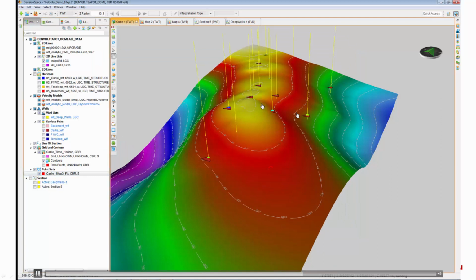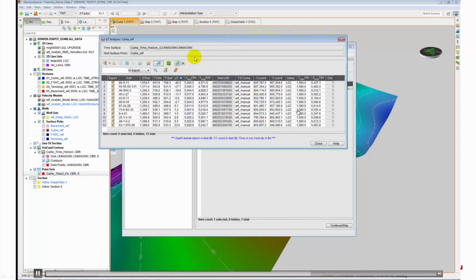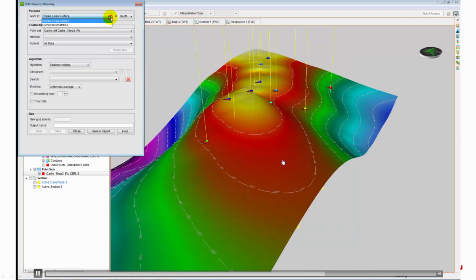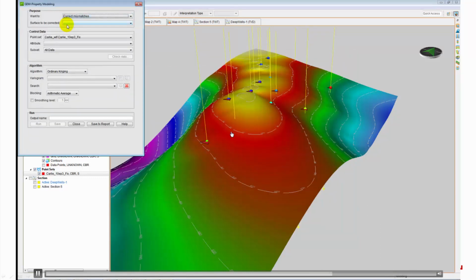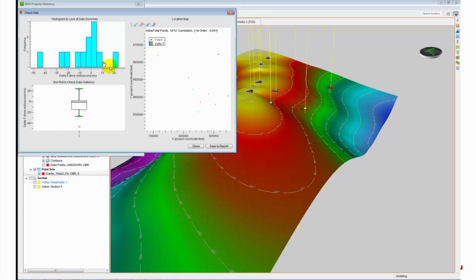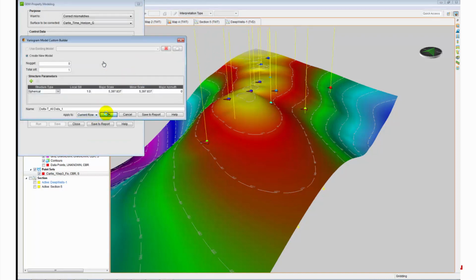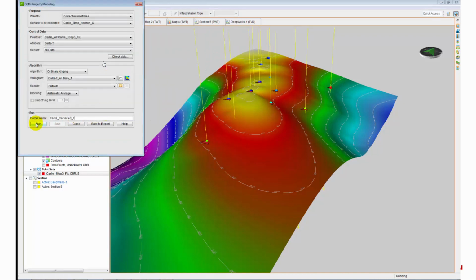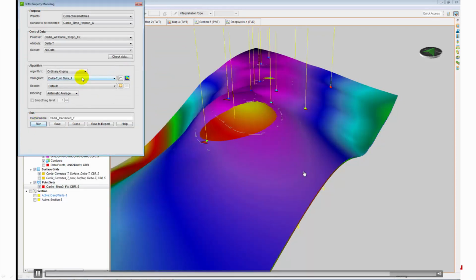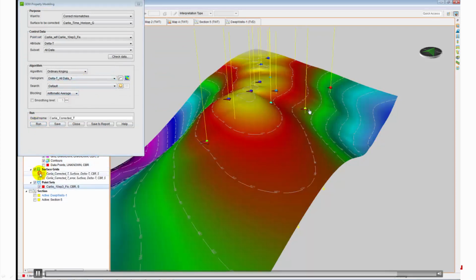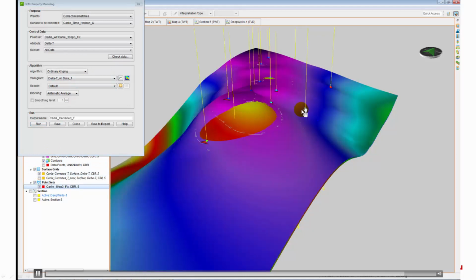And I can display that point set in my same view here. And now what I want to do is I want to snap my original time surface to these updates, okay? And so I just set my parameters. I can go through all the data QC that's involved in geostatistical modeling. I can provide a variogram if I would like to do that. But simply I just push run, and boom, at that instant, I now have my time surface actually tied to